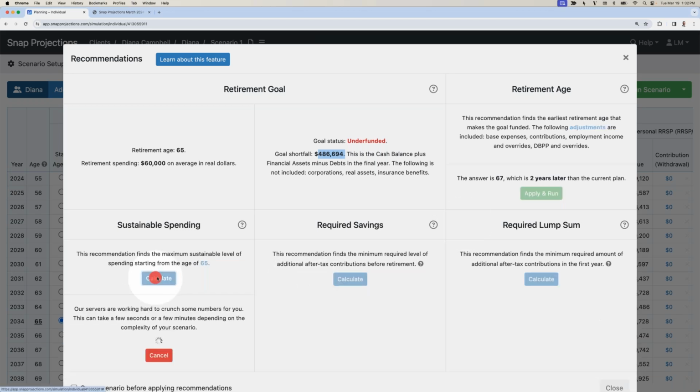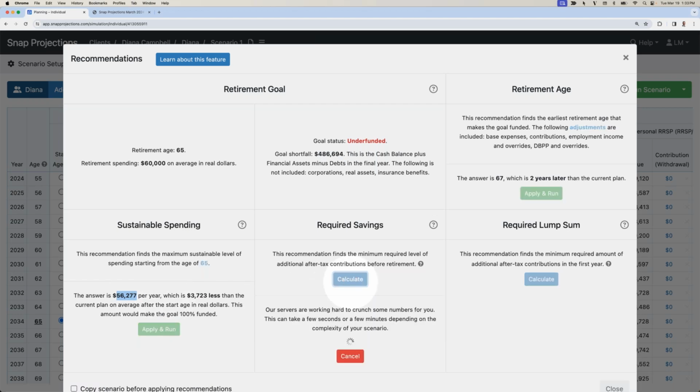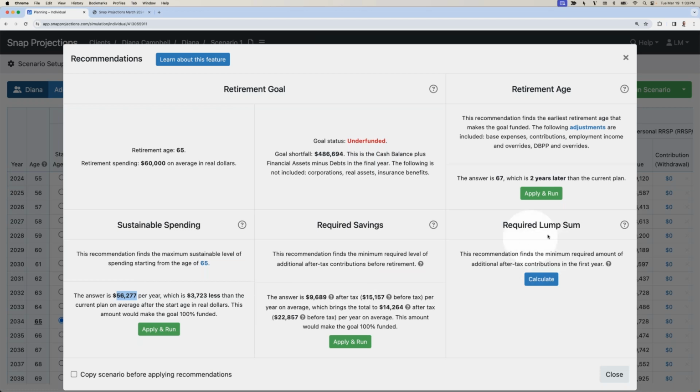Another option is that we could change her target spending. So rather than spending $60,000 a year, if she reduced that target to $56,000, then that would help her avoid the shortfall that's being projected. And the final option would be to add additional savings. So she could either do that as a lump sum today, let's say she was selling her business or a cottage. She could determine how much she needs to deposit today or how much she needs to deposit on an ongoing annual basis. So in this case, if she were to save $15,000 additional gross each year, she would be able to fill that gap. So I'm going to click apply and run,